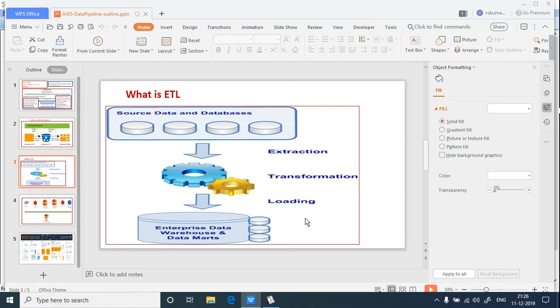Those files are going to be pushed into data marts. Here Data Pipeline is used to schedule all these kind of things. Indirectly I can say it works as a scheduler also. It can run the extract programs, it can run the transform programs, it can load all that kind of things. Now let us go back to the poster.